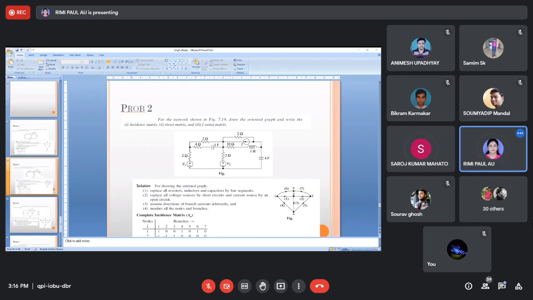Ma'am, 4 5 2 7. আচ্ছা 4 5 2 7, হ্যাঁ। এটা না, 4 7 যদি তুমি জয়েন করো তাহলে এটা লুপ হয়ে যাচ্ছে।